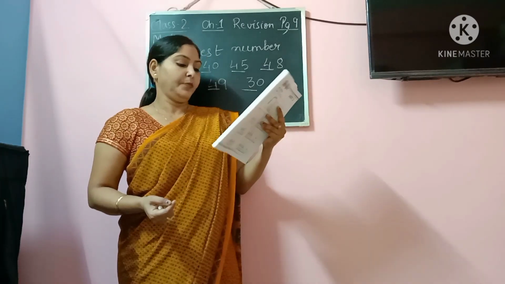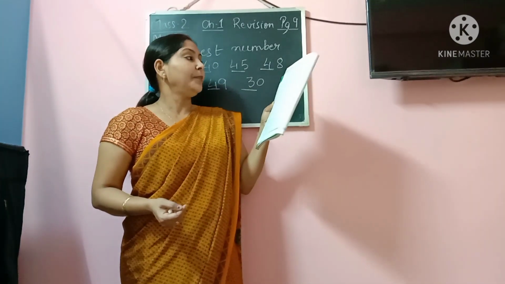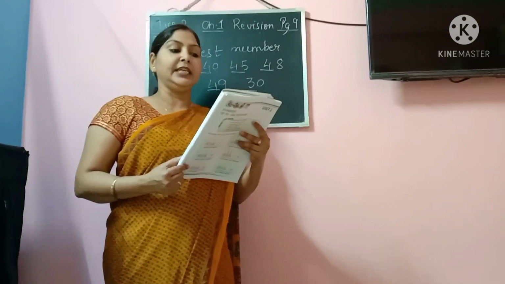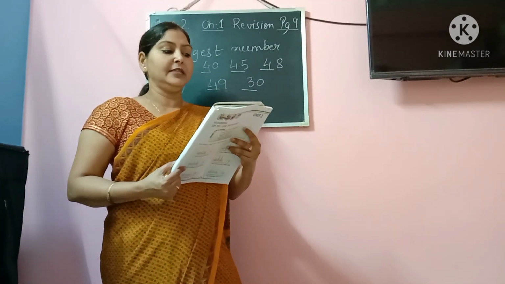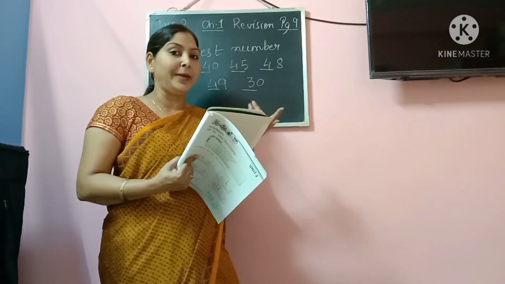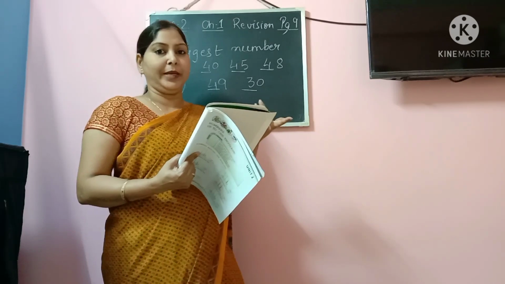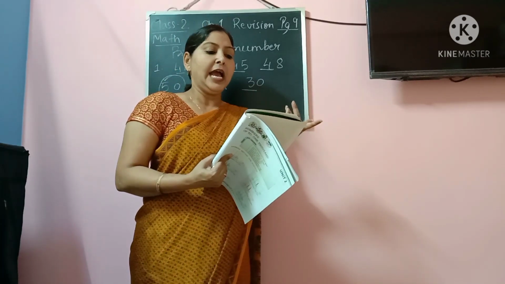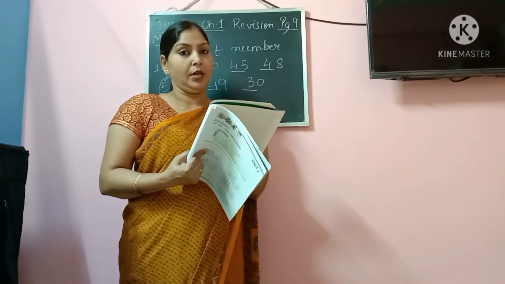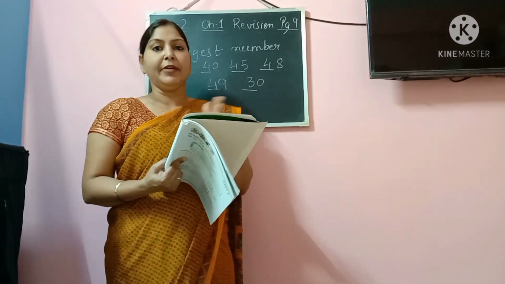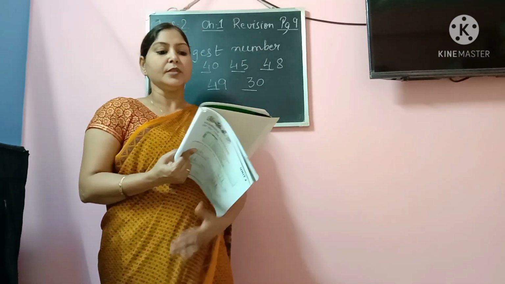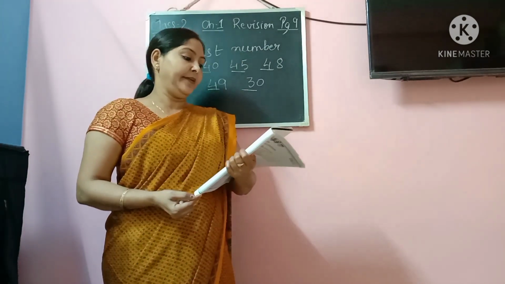The next one. Come to page number 12. On page number 12, the first question is, Mahesh has 78 pencils and Ahmed has 27 pencils. So, who has more pencils? Mahesh has more pencils. That means 78 pencils. And Ahmed has 27 pencils. How many pencils do they have in all? Now again, when we say in all, that means again we are finding the total. Okay. So here also we will add.